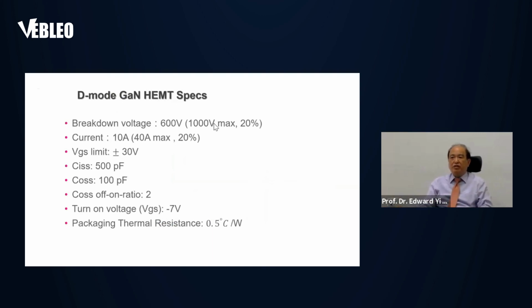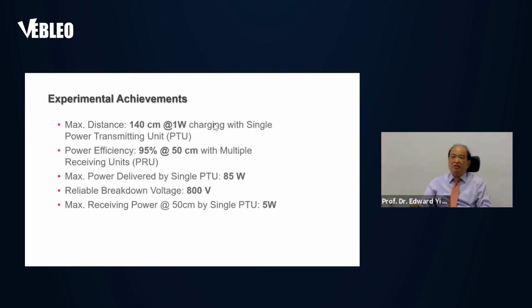The breakdown voltage is 600 volt, current is 10 amp, and we can operate at 1.5 meters as a wireless charger. And 1 watt at 1.5 meters, and power efficiency is around 95% at 50 centimeter,